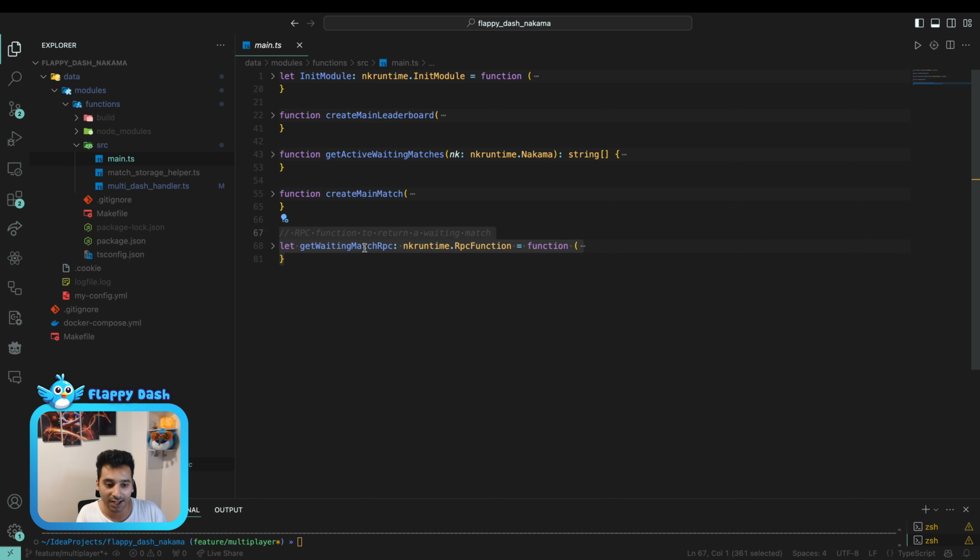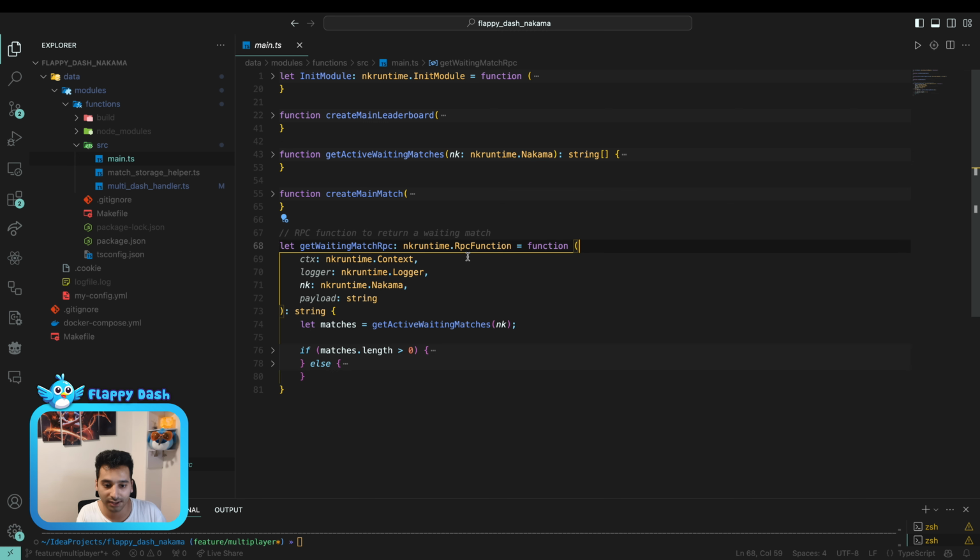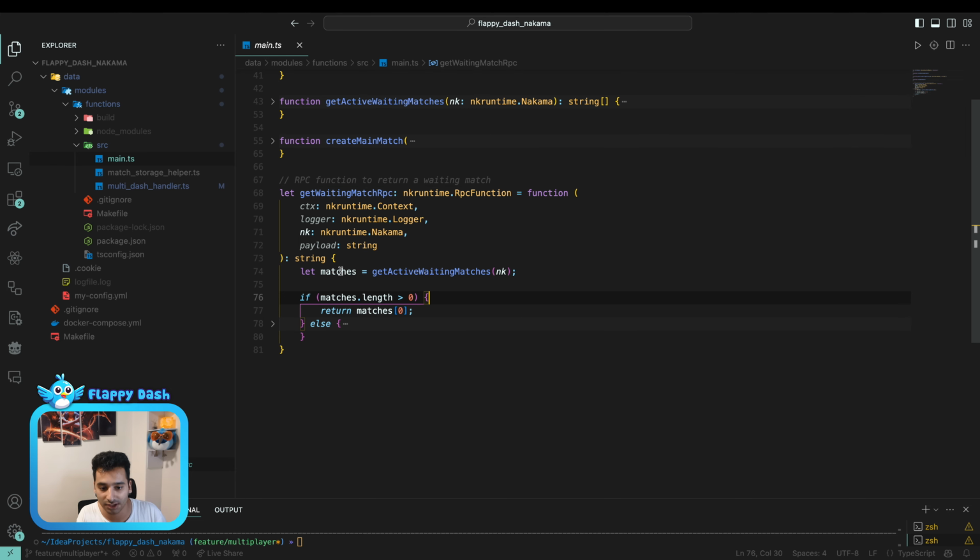So it's a function that we can call using our client to get the current waiting match, and it just retrieves the list of waiting matches, and it just returns the first one, or the match at index 0, to the client. So this way the client can just join the match that is in waiting phase.